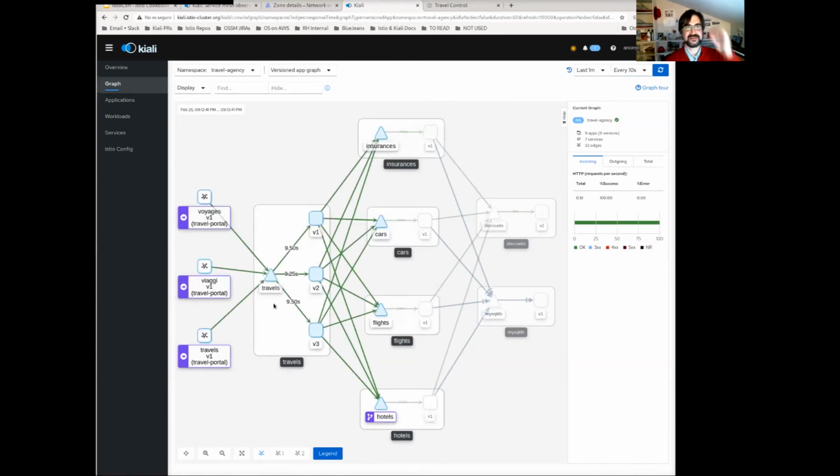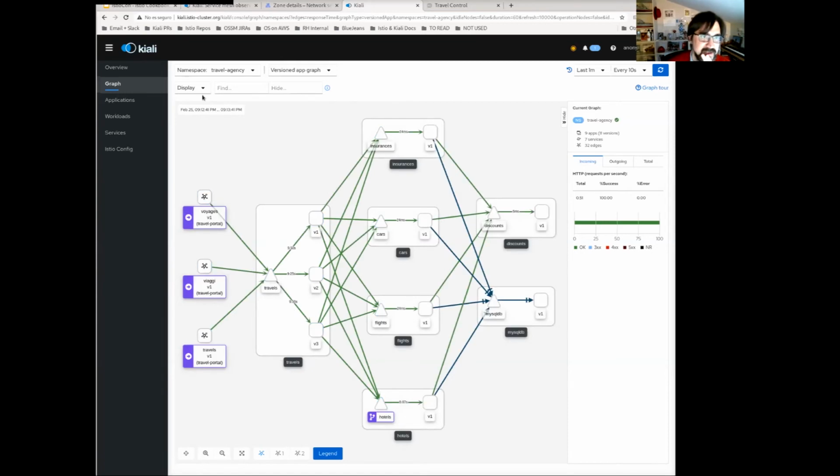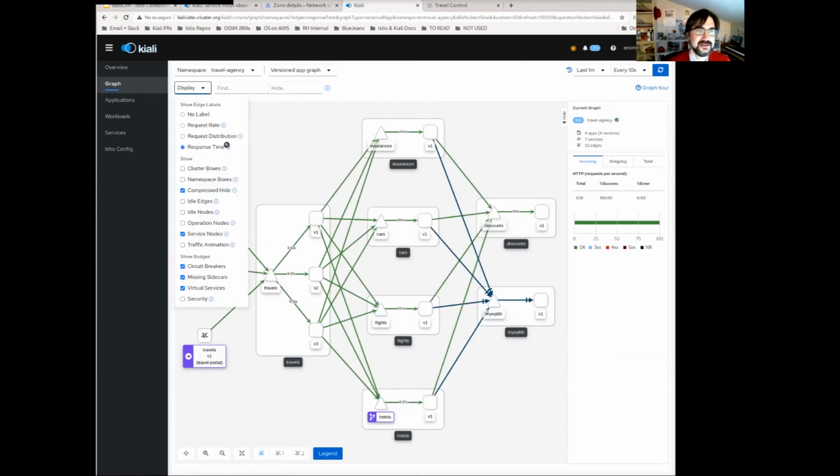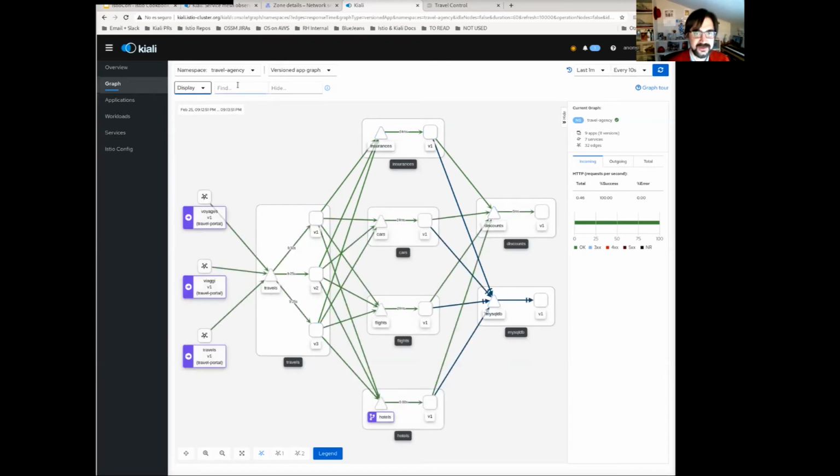Okay, and now, if you display the response time, you are going to see that the edge has changed with information. So I would like to show you an interesting feature: when I have a populated graph, how I can see how some workload is slow,